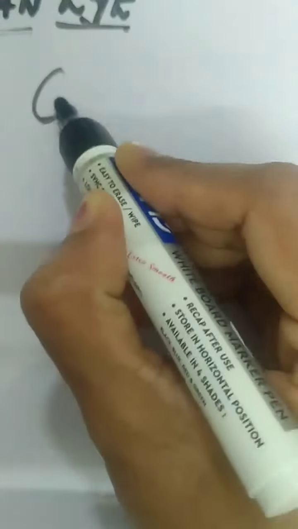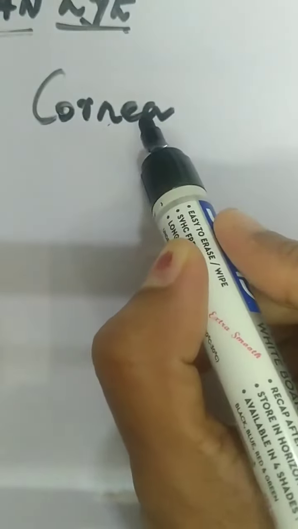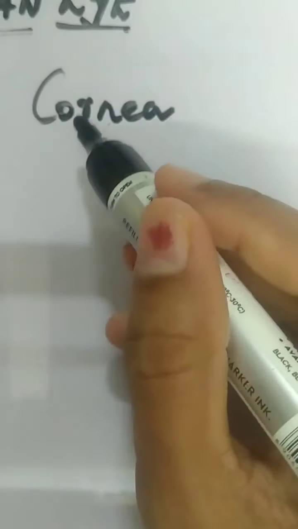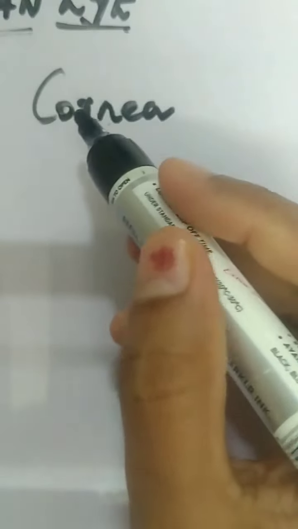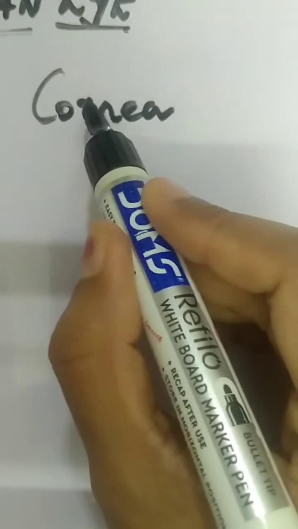Once again, a quick recap. So we started with the cornea. The cornea is a thin transparent membrane present on the human eye, like the cover of a book. Like you use a cover on a book, same like that, it has a very thin transparent membrane. Now on this cornea, maximum light is incident. Maximum will undergo refraction. Okay.